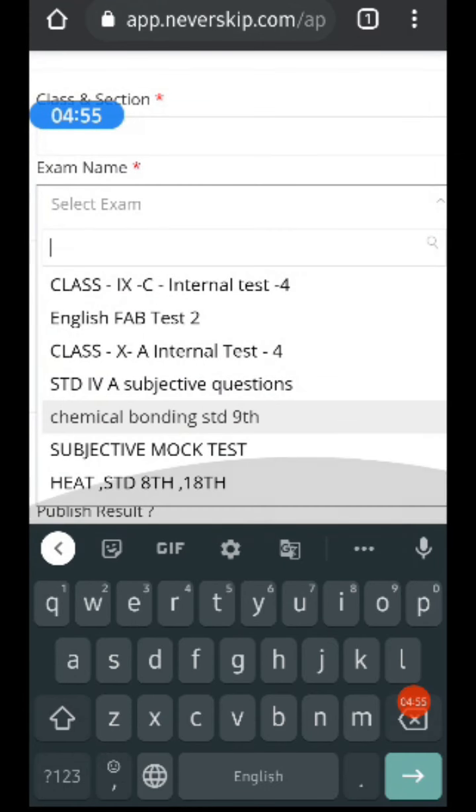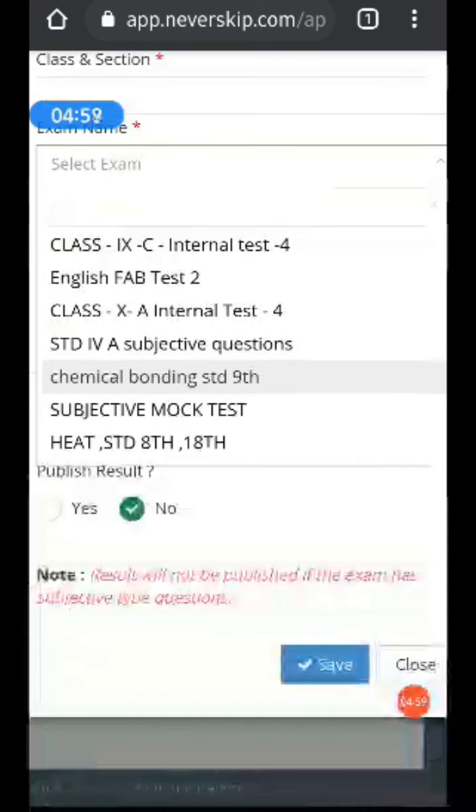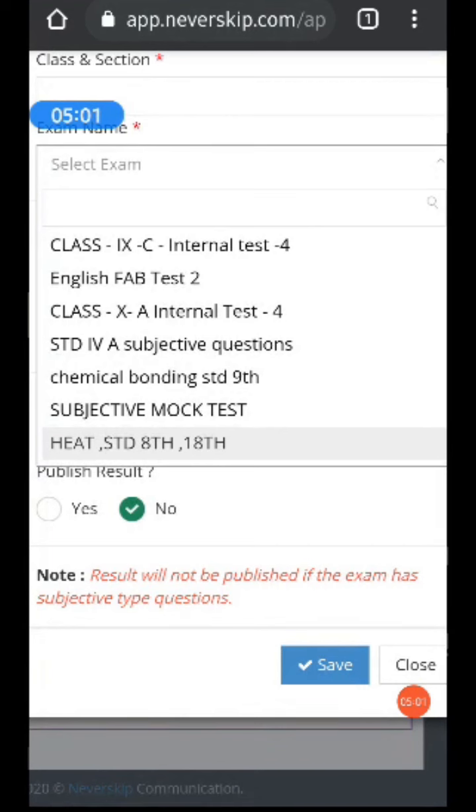right below, there's something called publish result. This publish result icon has yes and no, two options. Only for multiple choice questions, the result will be published immediately to the children.